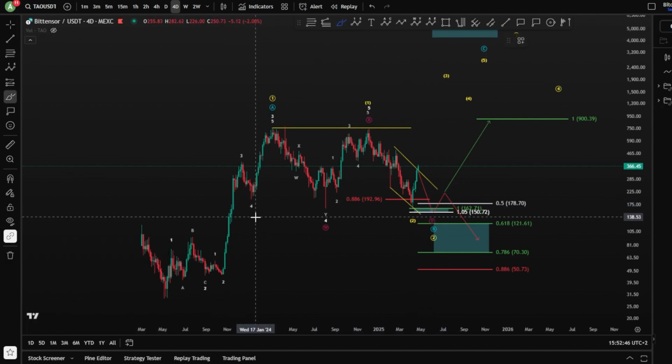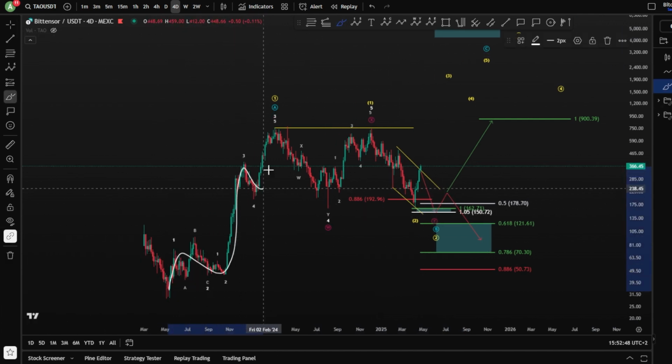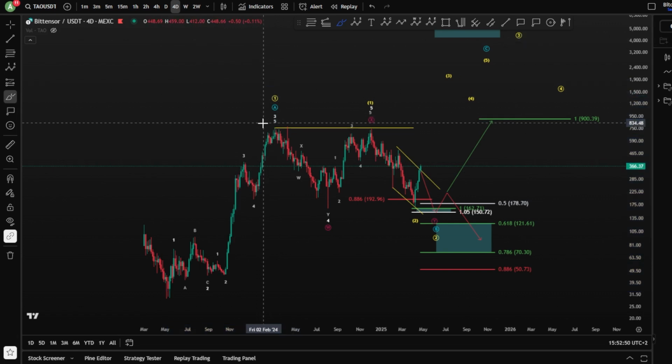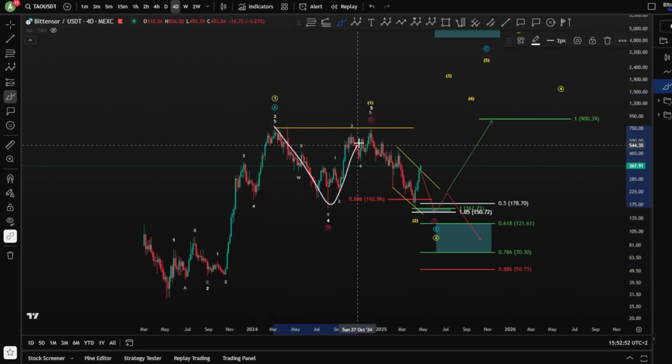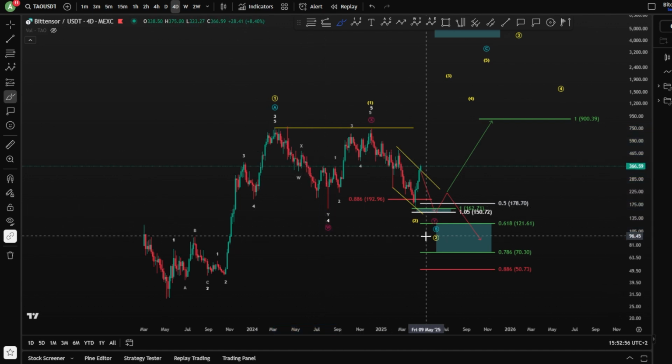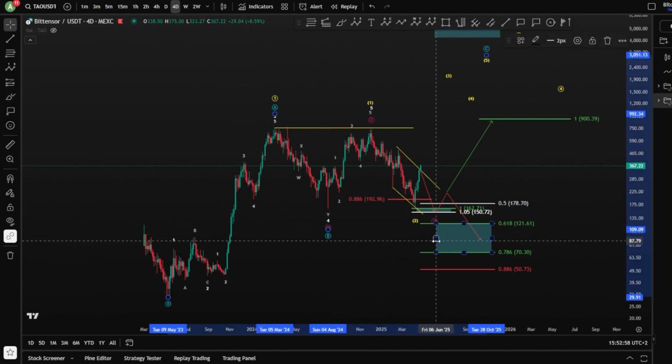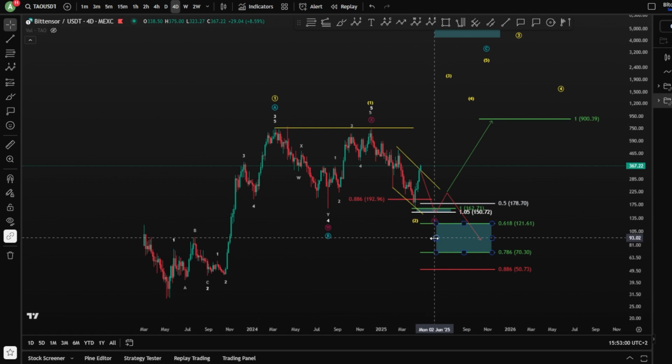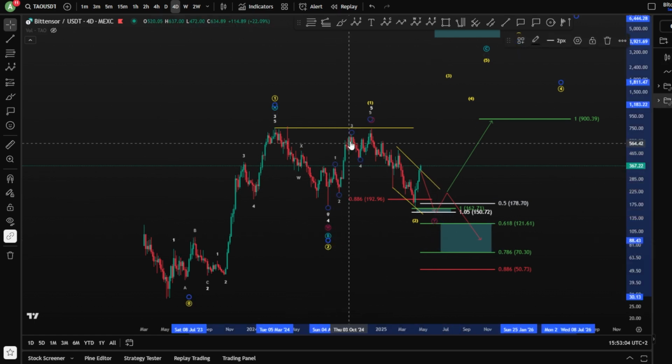Starting on the daily chart, we have a 1, 2, 3, 4, 5 finished wave A or wave 1. Potentially we are looking at a corrective wave here, W, X and a Y, finishing a wave 2 or a wave B. And that is because, of course, we were looking at a potential impulse toward the upside here,